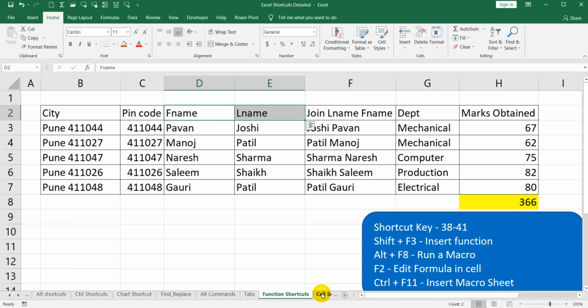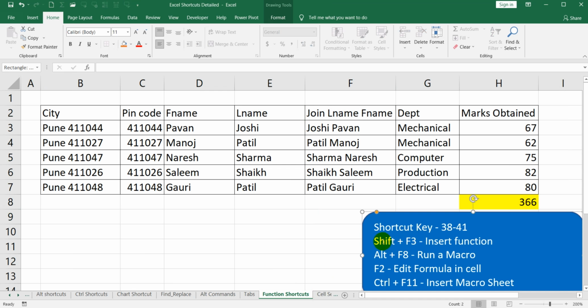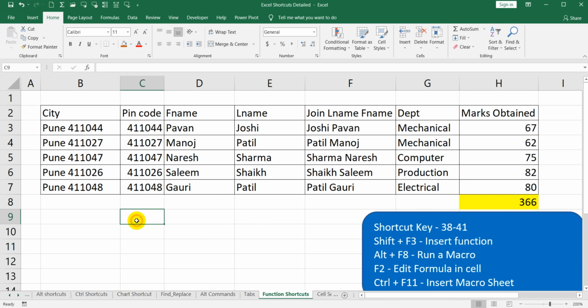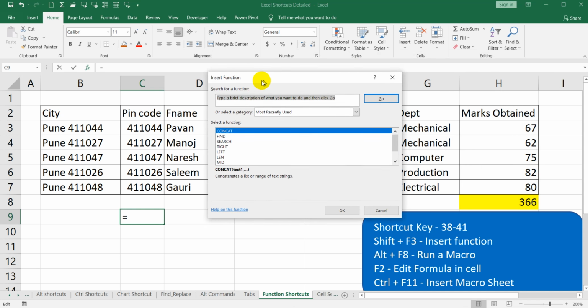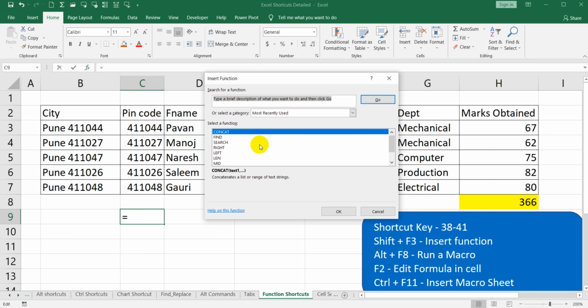So next, move on to the next shortcut, that is shortcut number 38. The 38 shortcut is Shift F3 for the insert function. So if you want to insert a function in cell C9, we can select the C9 cell and just click on Shift and F3. You can see the insert function dialog box pops up, and here you can add the function.